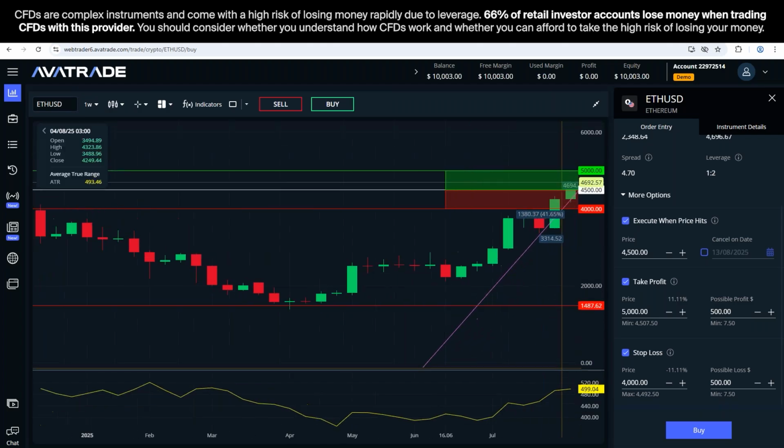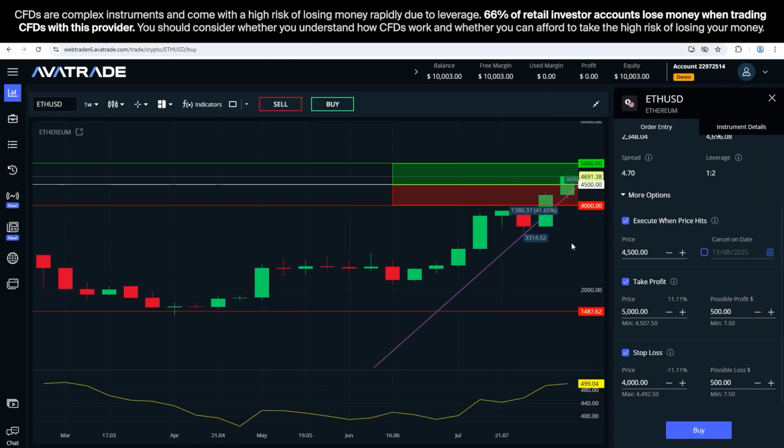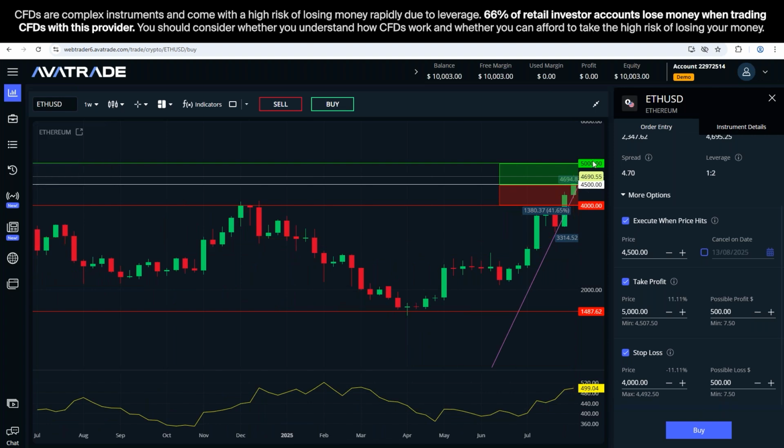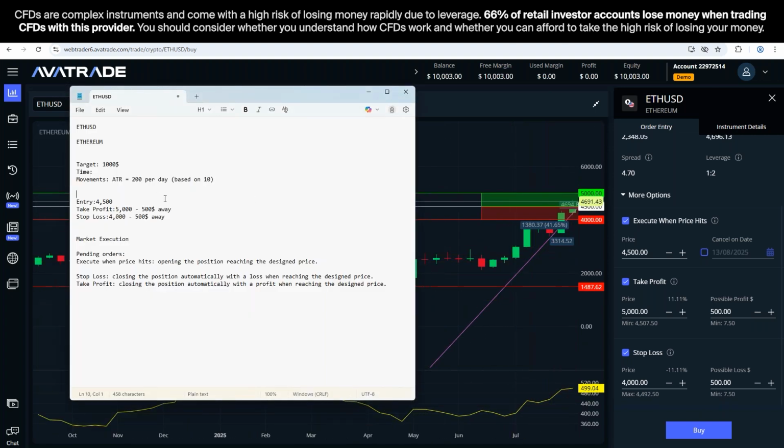There we are, exactly, well, not exactly $1 away, but still, as we can see, when we switched to weeks, the indicator is changing accordingly, and it's giving us that the average per week, ATR 499 per week, which matches perfectly with the numbers